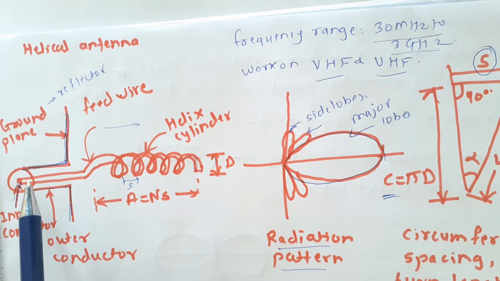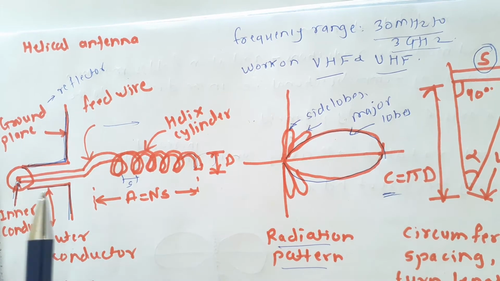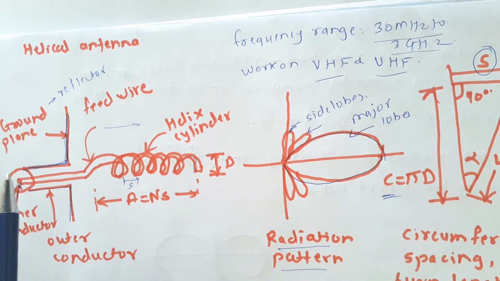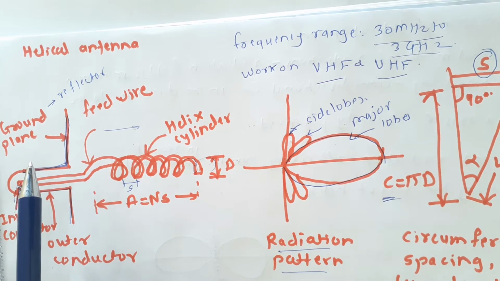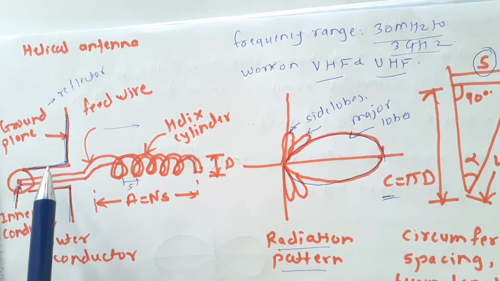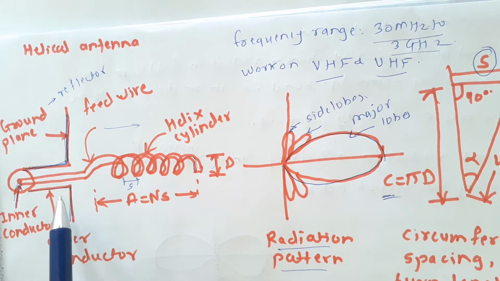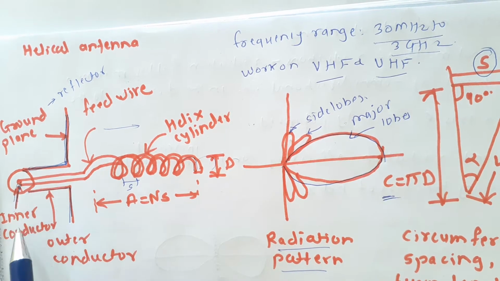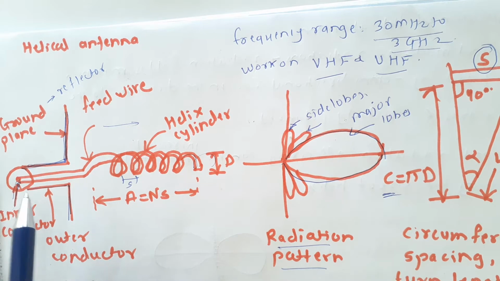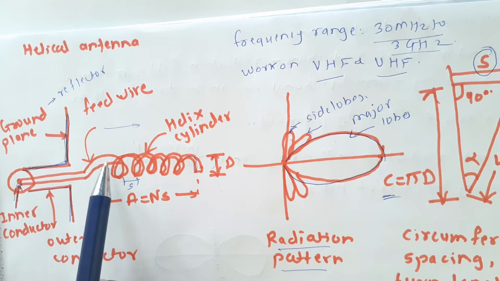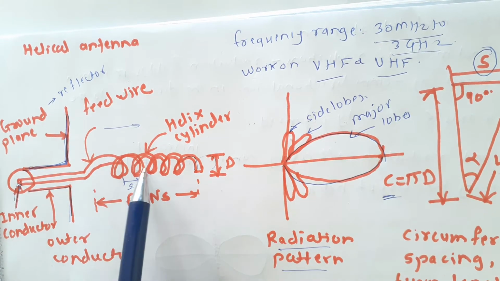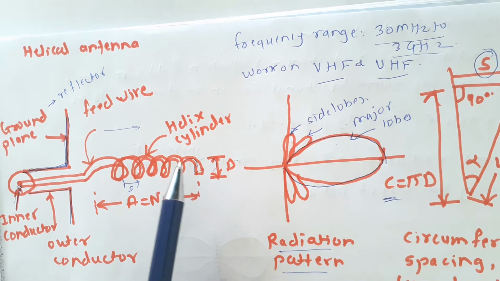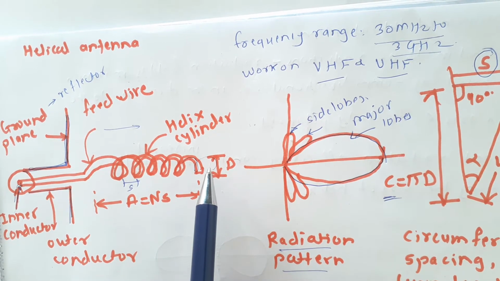In a helical antenna, you will observe this is the structure of the helical antenna. So this is a ground plane. This ground plane also works as a reflector, and there are two conductors. One is the outer conductor, which is connected to the ground plane, and another is the inner conductor. That inner conductor is connected to the coaxial cable, and that coaxial cable is nothing but the feed line where we have to give the AC signals. So this is the inner conductor, and it is a structure of helix. It is a circular helix, or a screw-like conductor, as shown in the figure.